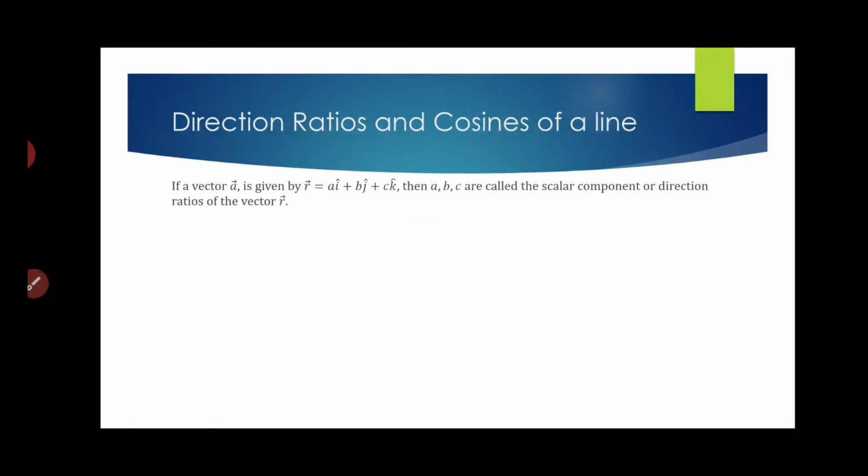Now, from the previous chapter, we already have the idea of what we mean by direction ratios and what we mean by direction cosine. The idea of direction ratio and direction cosine for a line remains all the same, because whenever we talk about direction ratio and direction cosine, we generally talk about a line actually. So let us consider, if I have